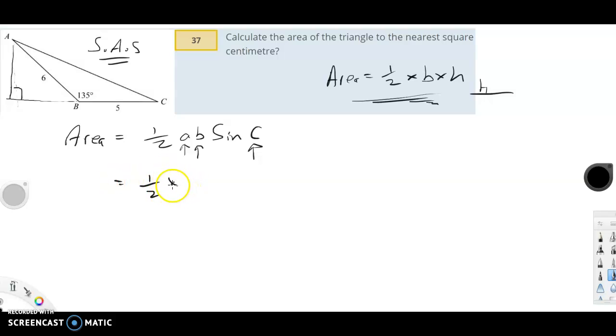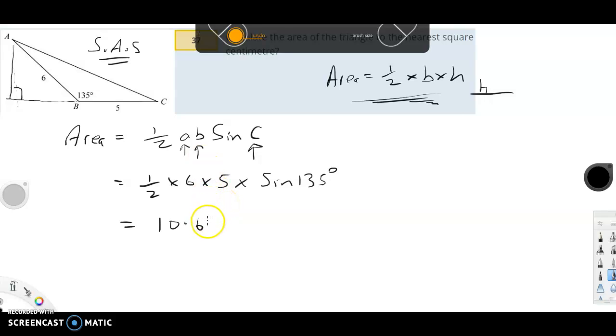So that's going to be half times 6 times 5 times the sine of 135 degrees. So bang all that into the calculator. So half times 6 will give you 3. 3 times 5 times sine 135, close bracket, and press SD, and I get 10.606, but I'm going to round it to 2 decimal places, so that last 6 will bring that